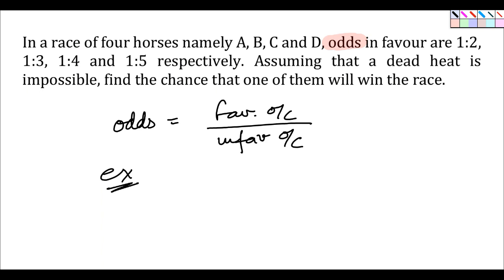For example, let us say someone comes to us and says that there is a 1 out of 5 chance. That is, he is saying probability of winning a match is 1 out of 5. Then how will we express this in terms of odds? So I'll be winning one match and then there'll be 4 losses. So how do we express this in odds?